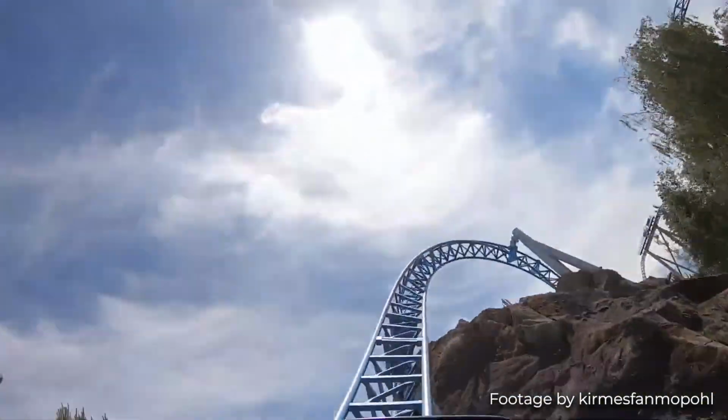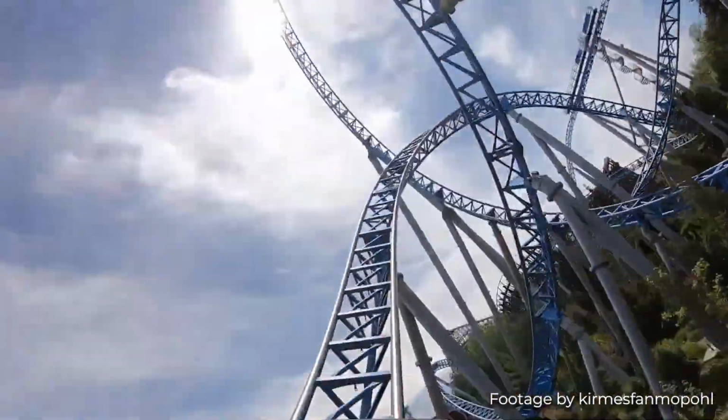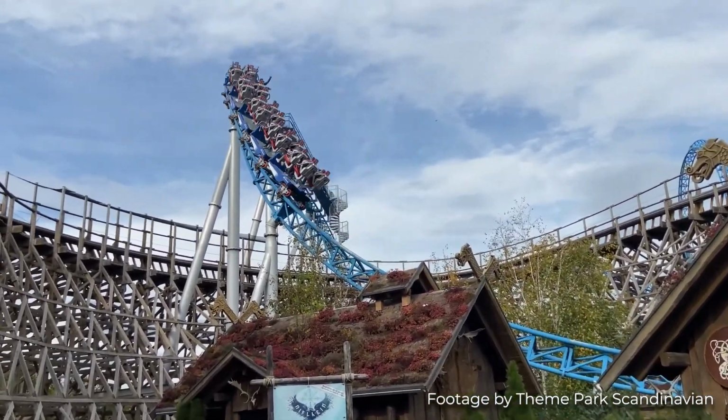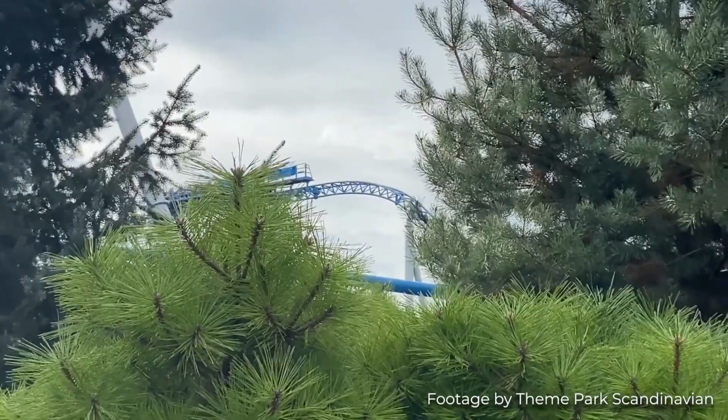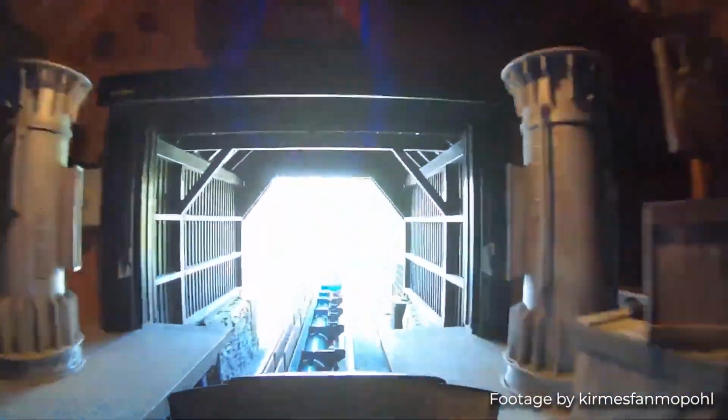Blue Fire is a great thrill coaster, but it definitely also has some dead spots. To get it out of the way first, I never got a spot where I really got any airtime on any places, so that's one of the big letdowns. But what it really makes up for is, first of all, it has a great theme. It feels really comfortable with the nice Mack Rides restraints, and on top of that you have a fun launch,